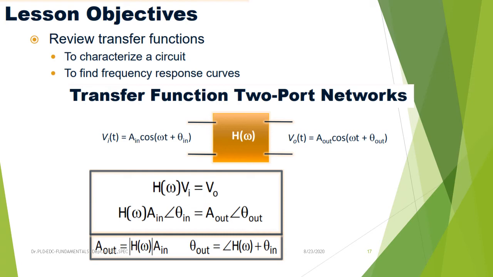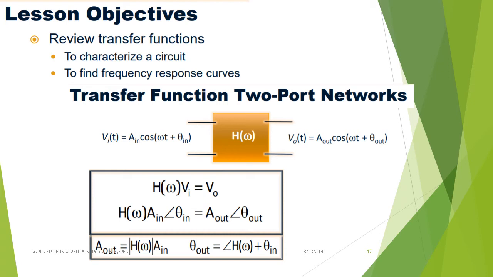This particular information also comes up in network analysis. We have the subjects of network analysis and transmission lines in this semester itself. There we will get the concepts of 2-port networks and 2-port network parameters: Z parameters, transmission line parameters, Y parameters like admittance parameters, and H parameters. Of course, in this subject of EDC, we will see H parameters. The remaining parameters of 2-port networks we have in the network analysis and transmission line subjects.